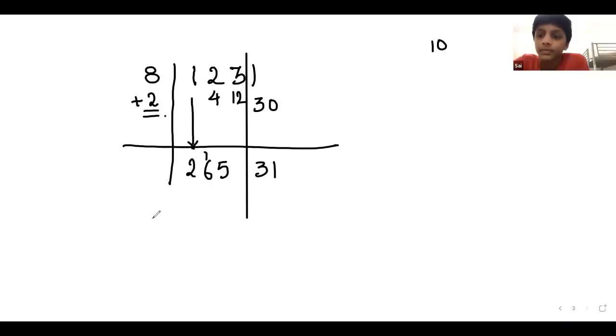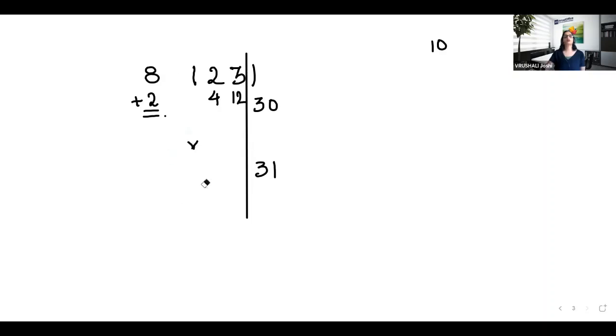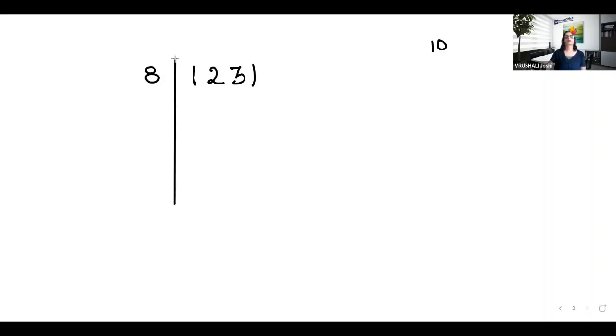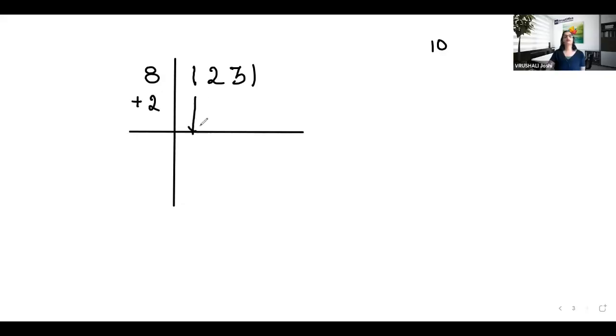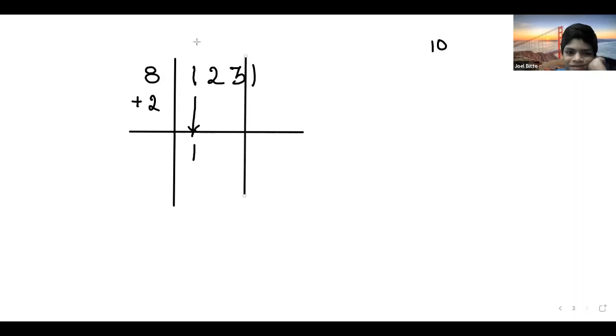No, ma'am. Here again, that plus 1 and minus 8. No, it is wrong. I wrote a wrong number altogether. One second. All right. So this is plus 2. You bring down 1 as it is. What are you doing, Joel? Your screen is flipping so much. Stop doing that. Okay. 1.